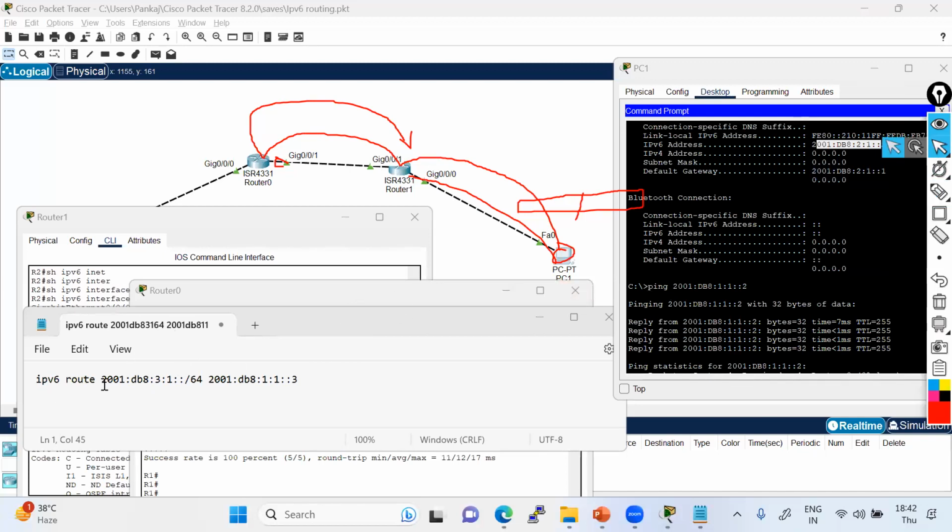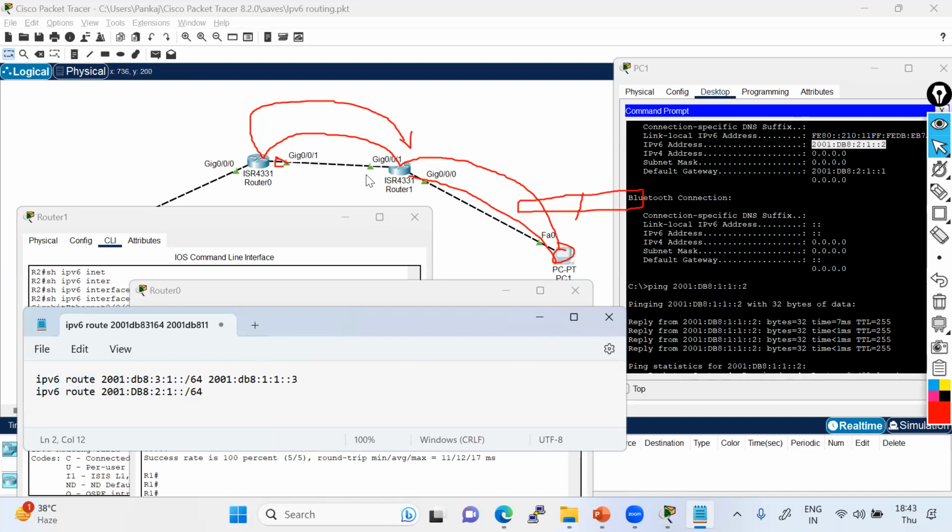First, you write ipv6 route, and then you write the network. What is my network? This is my network, so I'll use this network. I'll replace this IP and use /64, because this is a /64. It is just replacing your network ID. Always, when you do the routing, it goes based on the network, so all IPs in it are covered.